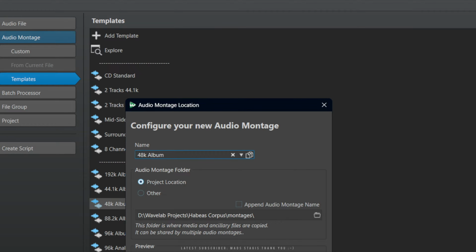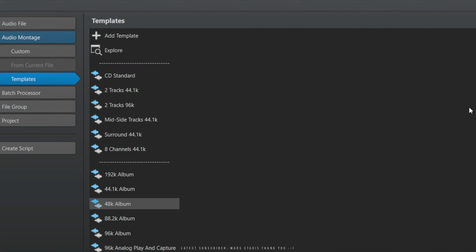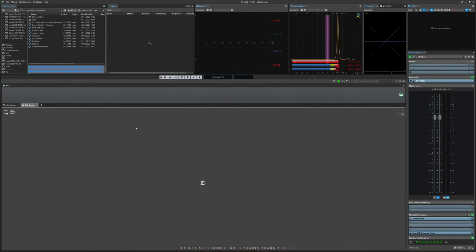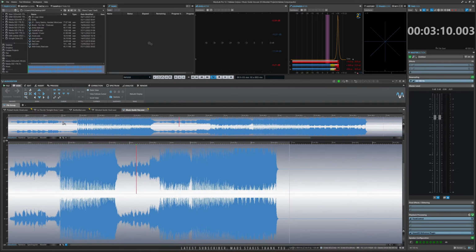Again, we're going to do that, but we're not going to do it this way because I'm going to show you a nice little trick. So let's go back out to full screen. Get rid of that for now. We'll close that file group because we're not using it. It's empty. So what we're going to do is, you'll see we've got these 5 tracks here,